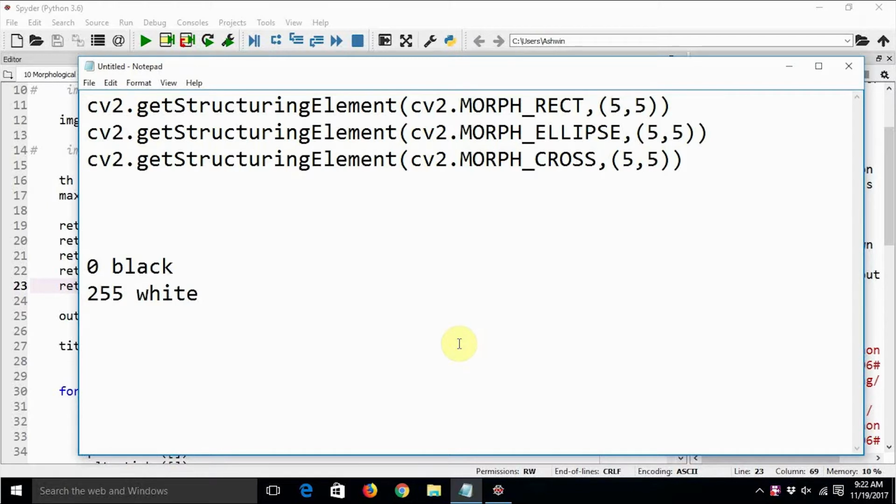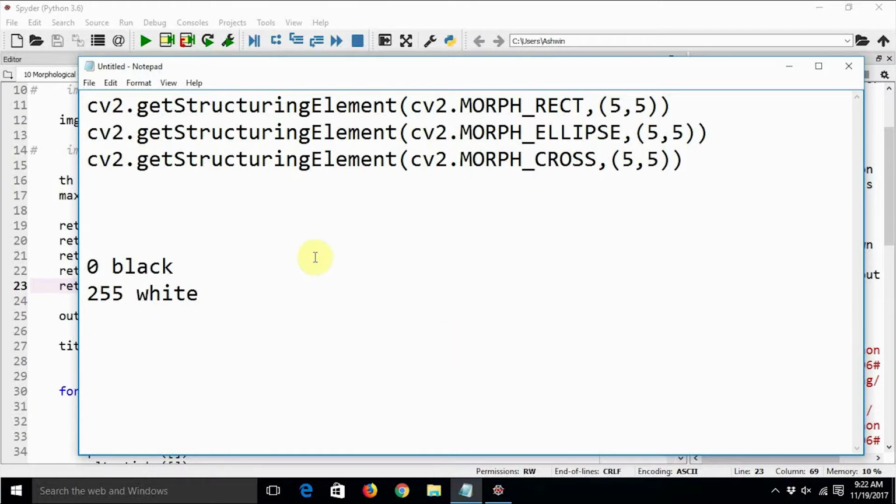Before we get started with morphological transformations, we need to understand something about black and white images. It's not that we haven't worked with black and white images, but we haven't worked extensively with them. Morphological operations can best be understood by applying them on black and white images.